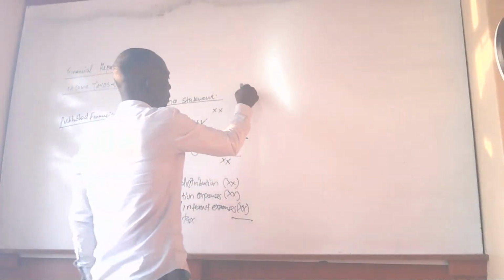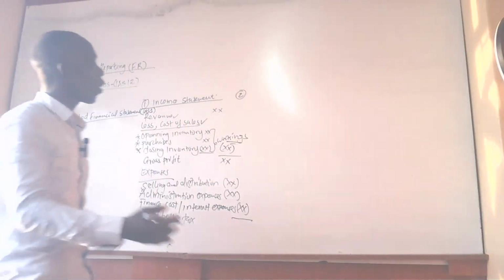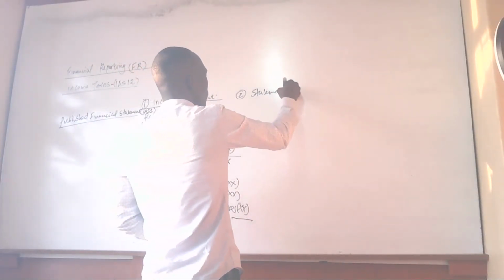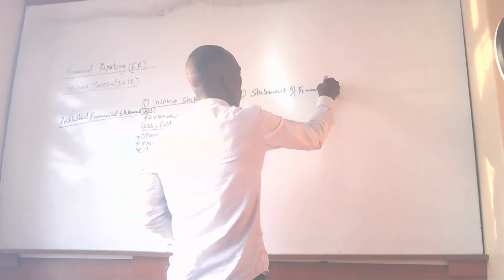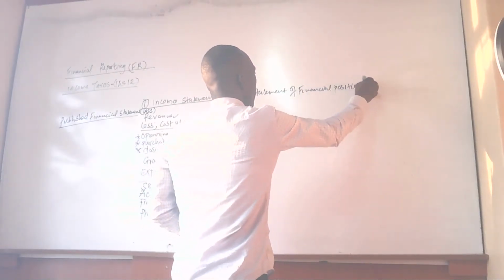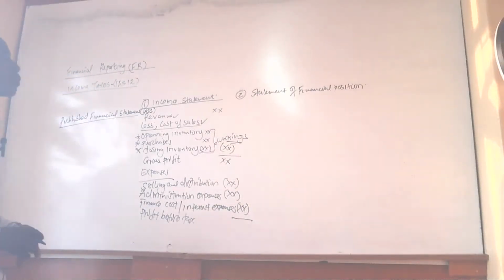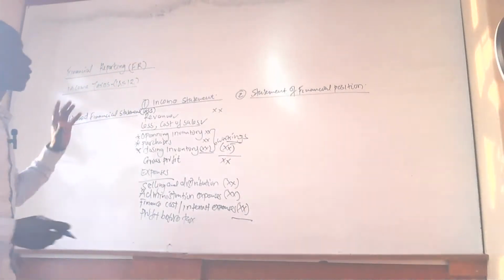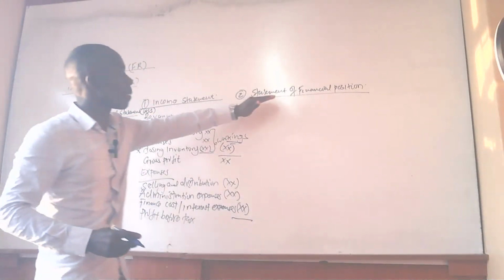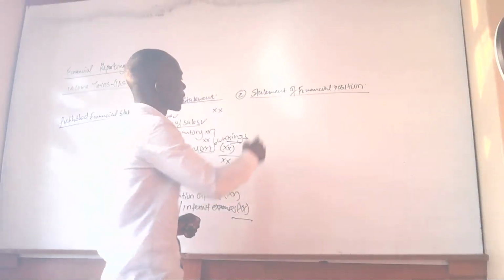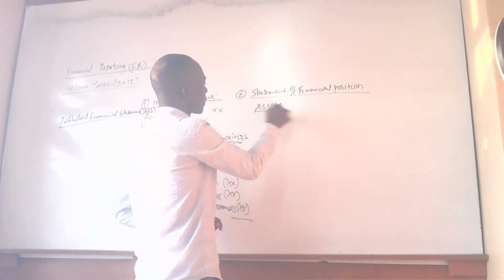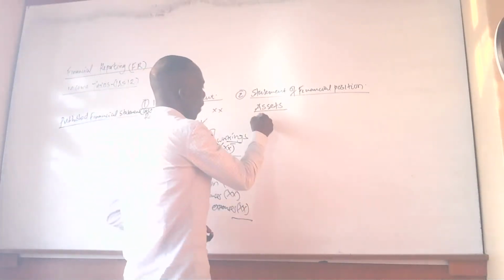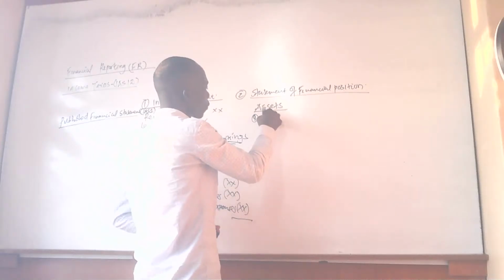Other than the income statement, under the published financial statement, also in this level, we are going to look at what we call the statement of financial position, statement of financial position. And this statement of financial position, this is how it is going to look. For example, in your foundation level, when we were talking about the statement of financial position, when we were talking about the assets, we said that these assets are categorized into two classes, whereby number A, we were talking about the